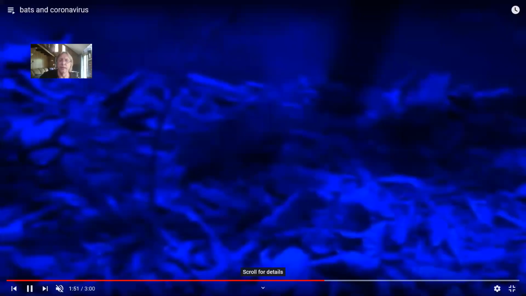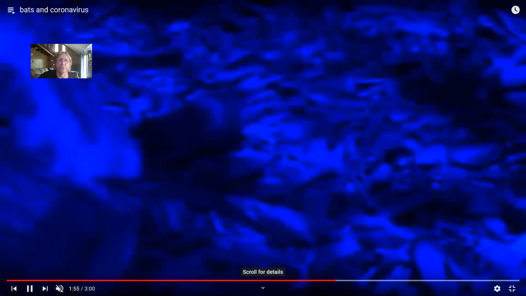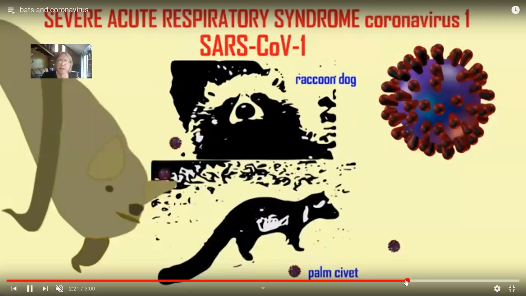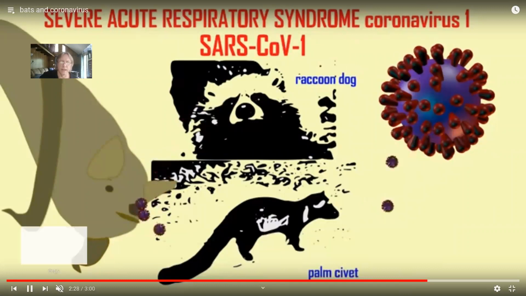And so if the bats were shedding a flu-like virus, it would then be breathed in by other nocturnal animals sharing the same space. And if receptors were similar enough, a mutant virus now might be able to jump species and now infect a species other than bats. So the SARS coronavirus 1 migrated from a bat to palm civets and raccoon dogs, and from there